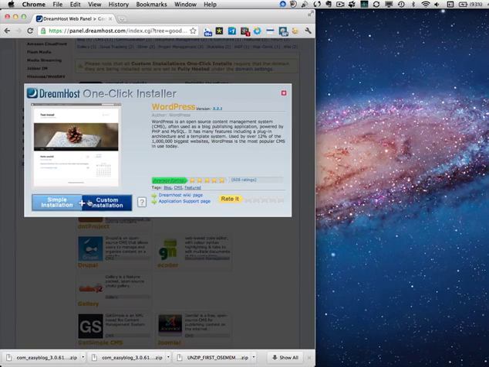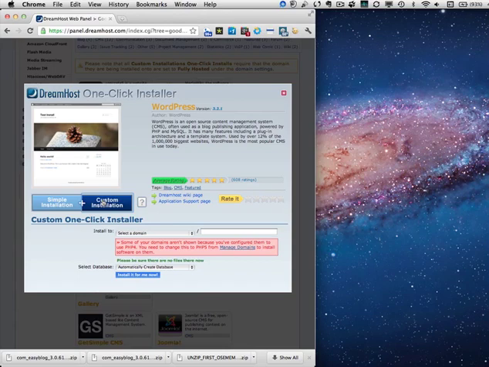And you're always going to want to go with custom installation. And here's why. There's going to be certain plugins that you're going to want to add, or certain themes that you're going to want to install. And if you go with a simple installation, then you're going to be barred from installing some of those things. So the idea is that they'll make this idiot proof if you do the simple installation, but it's going to hamstring you more than you could possibly know. So we're going to go with custom installation,